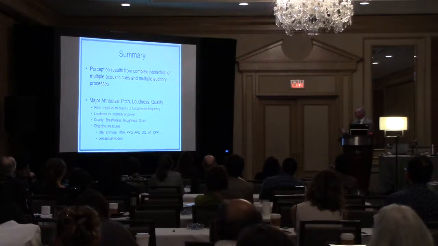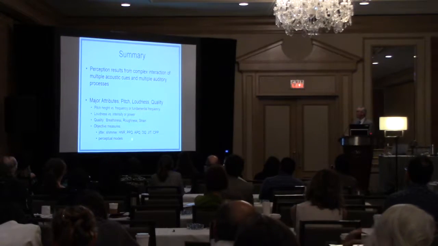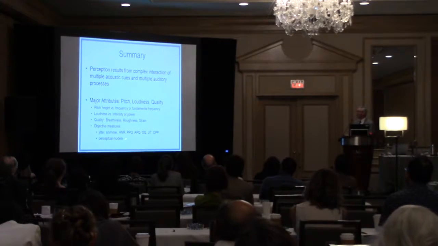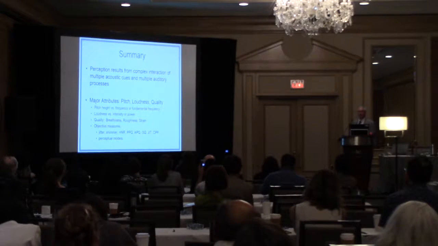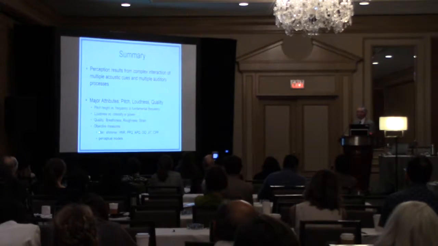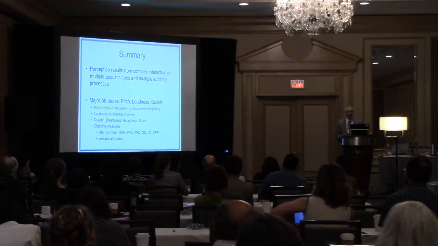There are a number of objective measures, but we suspect that perceptually or biologically inspired models will help us predict aspects of voice in a better way than many of our simple objective measures. And with that, I'd better let our next speaker